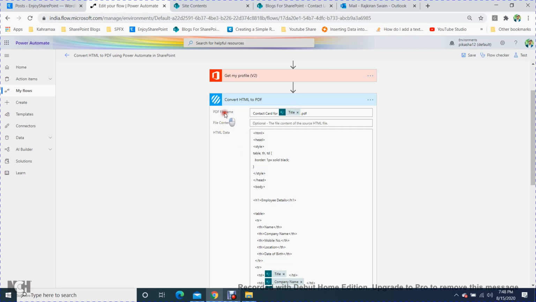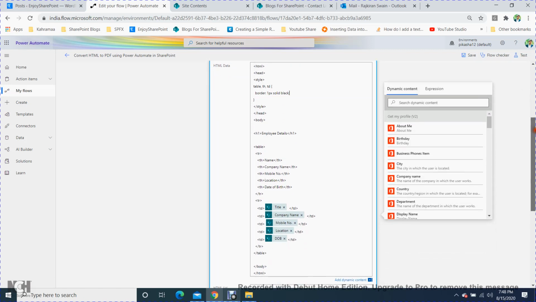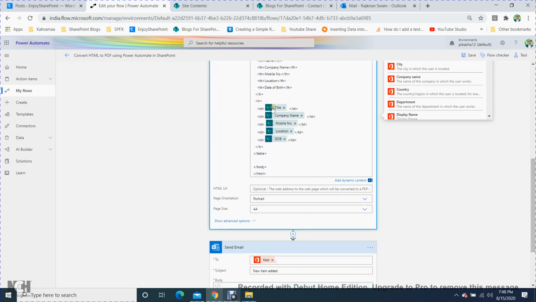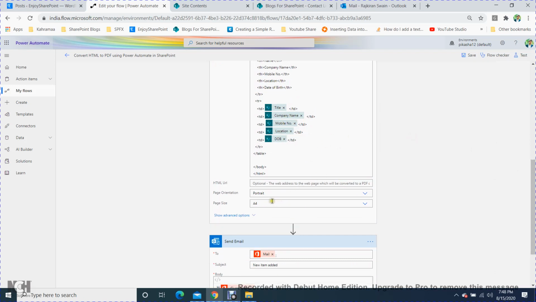Here you provide the PDF file name, like contact card title.pdf. File content is optional. Here is the HTML data: in the HTML I have created a table with all my list data: title, company name, mobile, location, date of birth. Page size and page orientation come automatically, no need to do anything.